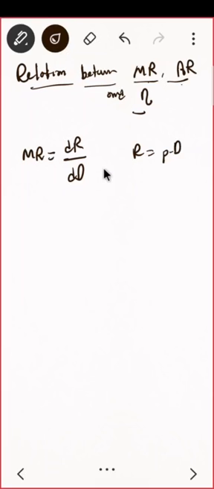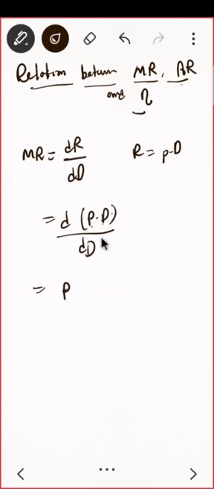Okay, so you just put the value of R here, so it will be the derivative of P into D upon dD. So how will you do this? You already know the u into v rule. In the derivative you have seen what u into v is. It will be u times derivative of v, so it will be p times the derivative of D with respect to D, which is 1, so it will be p plus D into derivative of p with respect to D, something like this, correct? I'm using the uv rule. So can I take something out?